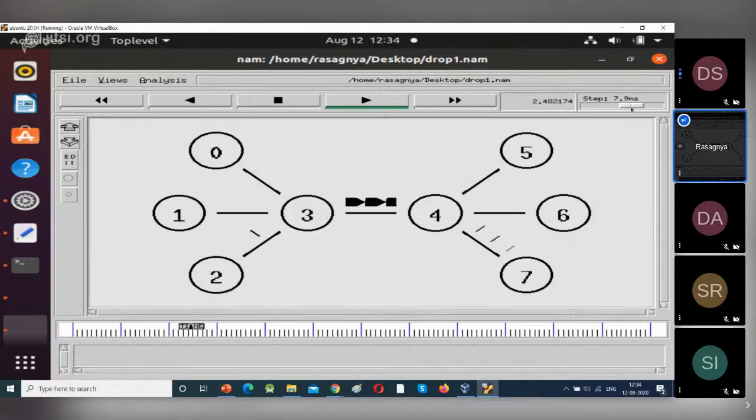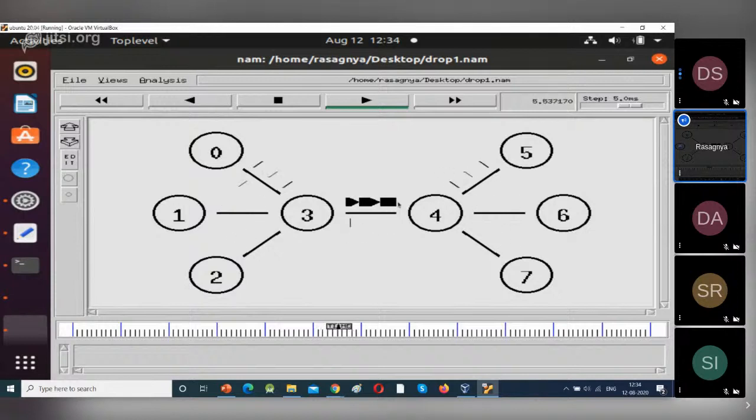See, after that again it is dropping. When the queue is full, again it is dropping the packets. See, again it is dropping the packets when the queue is full. So it waits until the queue is full.